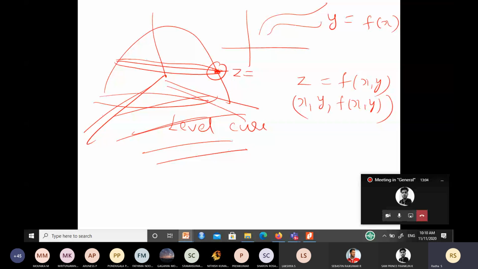So what can I say is the paraboloid is made up of many circles. It is like this: one circle, another circle, another circle, something like this. Throughout the paraboloid, you can see circles like this. It is a piling up of circles. Now I'm going to consider a cylinder.